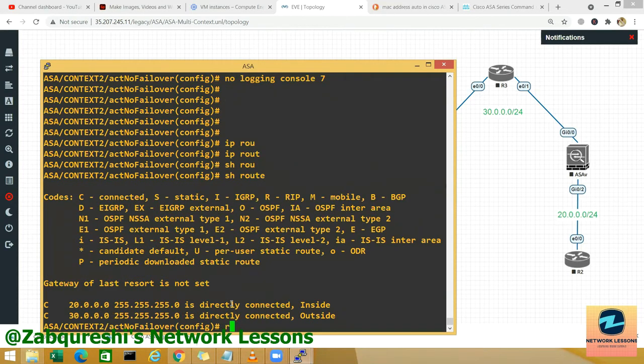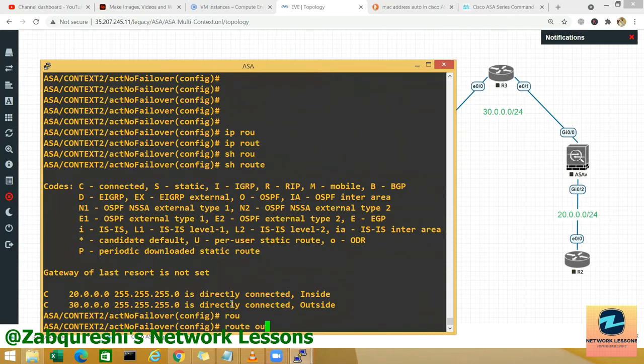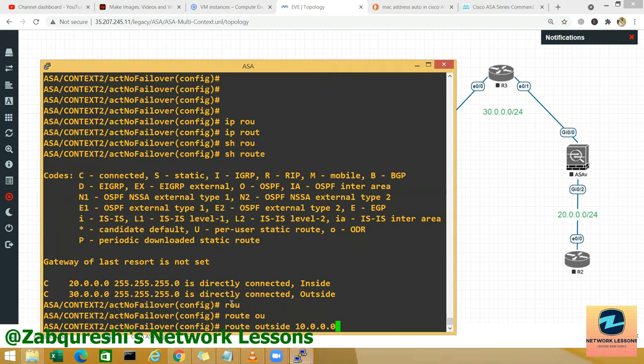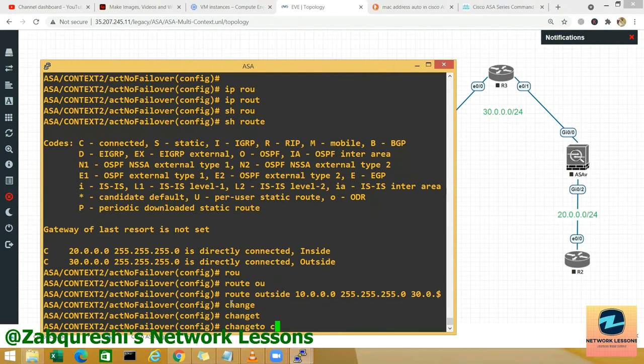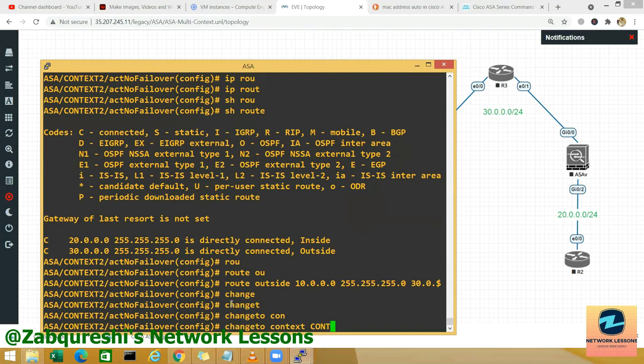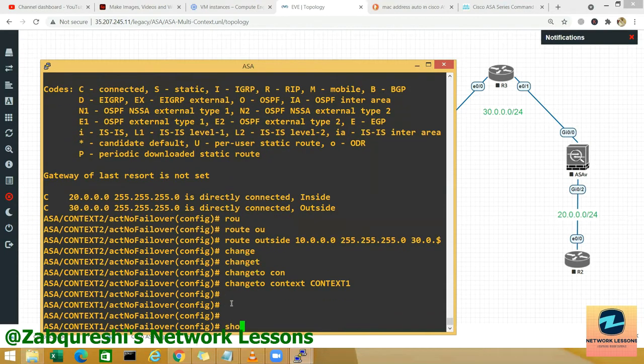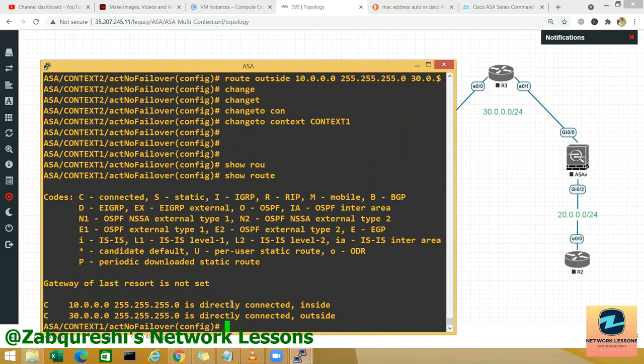So I need to have a route with outside 10.0.0.0, any network for 10. So I have to point this to 30.0.0.3, and also change to context 1. Now if I see show route here, I don't know about 20, so I have to say show route